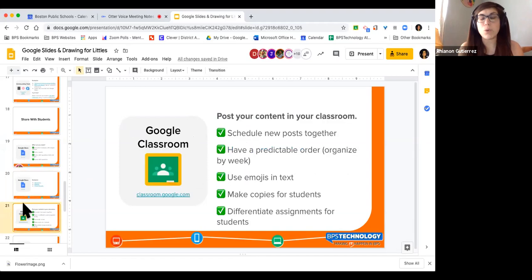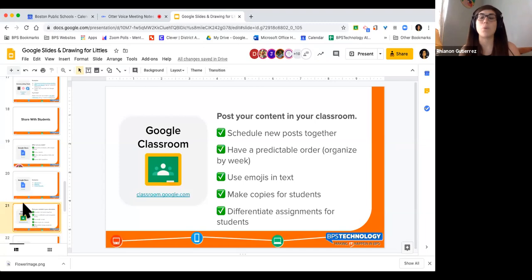Alternatively, if you are using Google Classroom, which I know is a challenge for a lot of people in early childhood, I will give you a full disclosure. I think that people do find it much easier to use non-Google tools like Seesaw or maybe even email to share links with students. That's why I did want to preface it with Google Docs, because that's a little bit simpler, because there's a lot happening in Google Classroom. It's very text heavy, not exactly the most visually friendly for students.